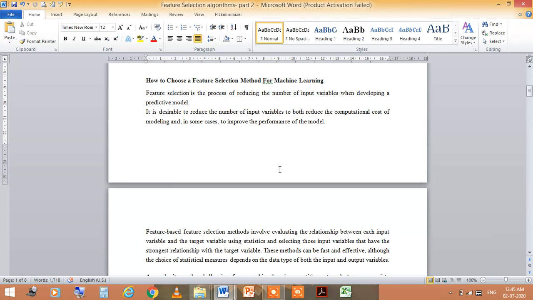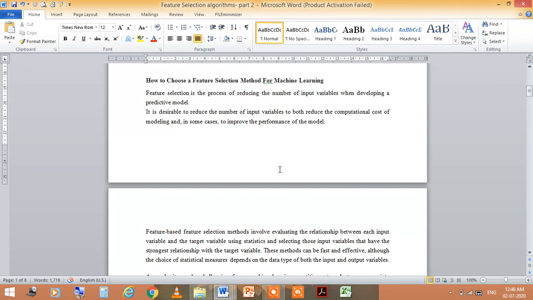Feature selection involves evaluating the relationships between each input variable and the target variable using statistics, and selecting those input variables that have the strongest relationships with the target variable. Okay, so the relationship is a very important factor and plays a vital role, you can say.